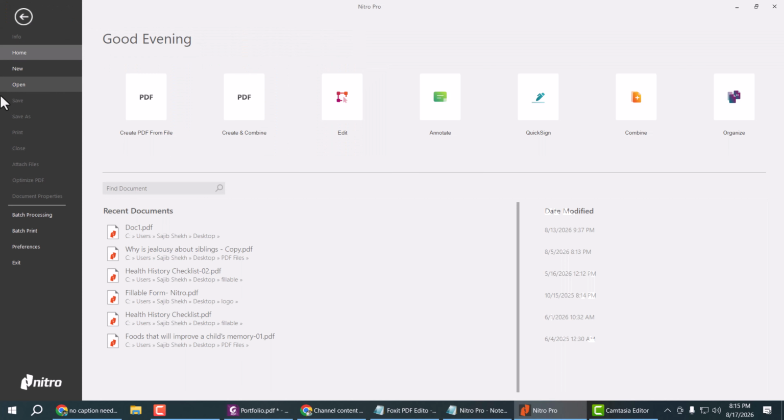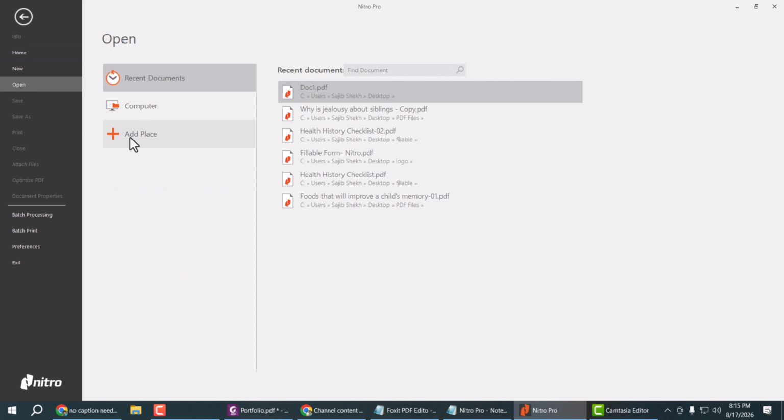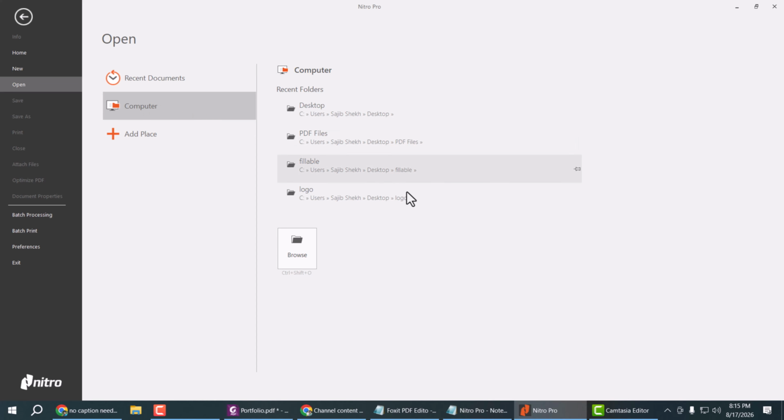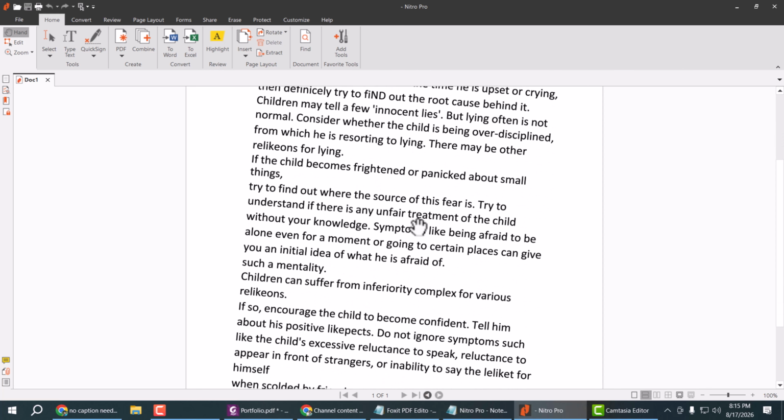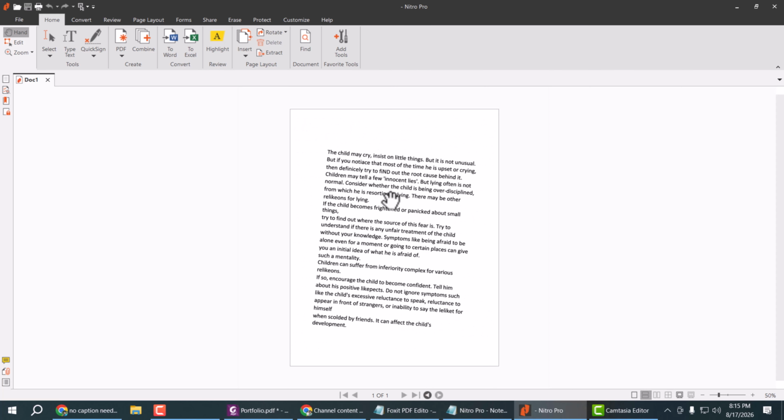Select File option and select Open and open your PDF file from computer. Select Browse. This is my deskew PDF file and see this. I'll make this text